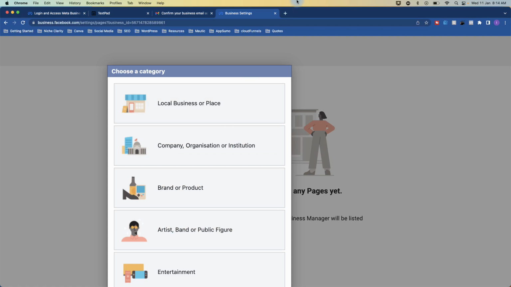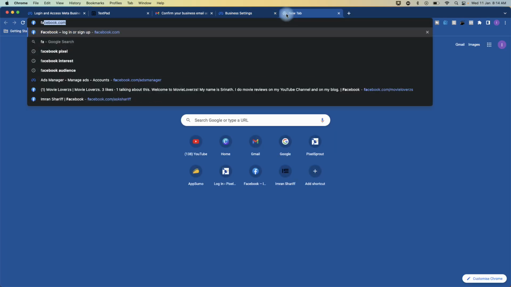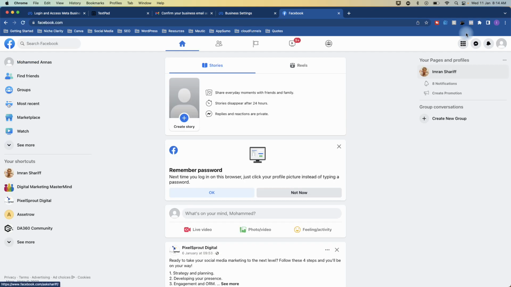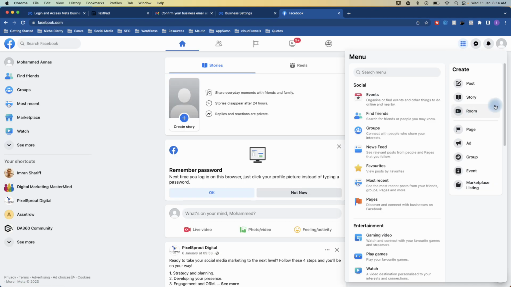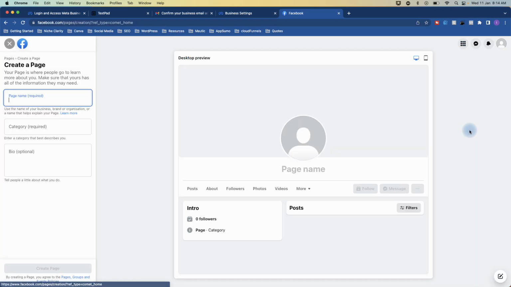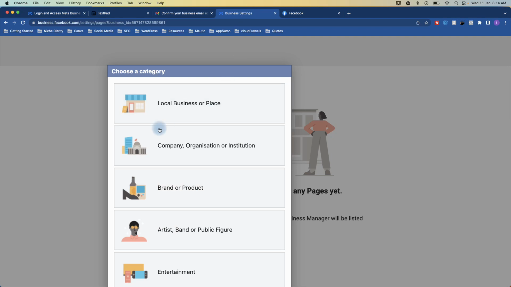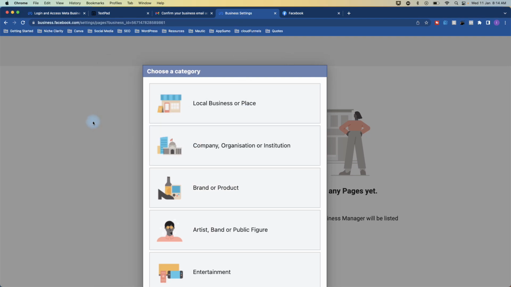I'll show you exactly how the other one is basically used. I'll go to facebook.com, and once I'm in, I can click here and say pages. Under the create option, I can create pages. This is how you learnt it. You just went and gave a name, a category and a bio, and then created the page and started setting it up. But in this case, it is asking what type of page you want to create. This is another way of creating a